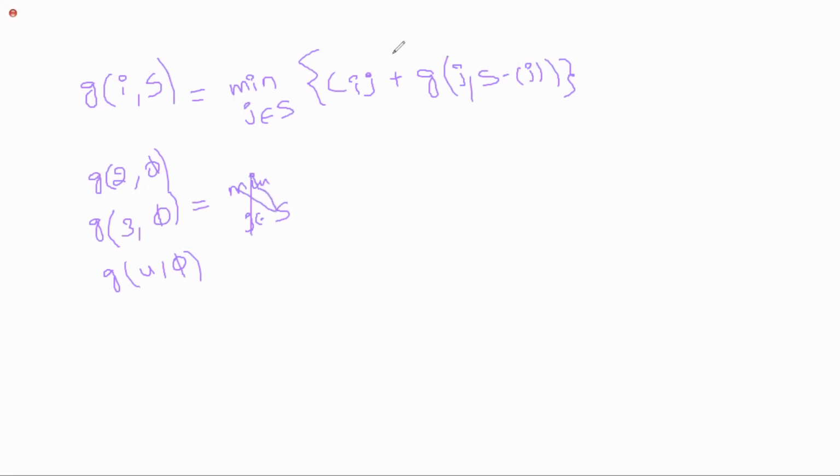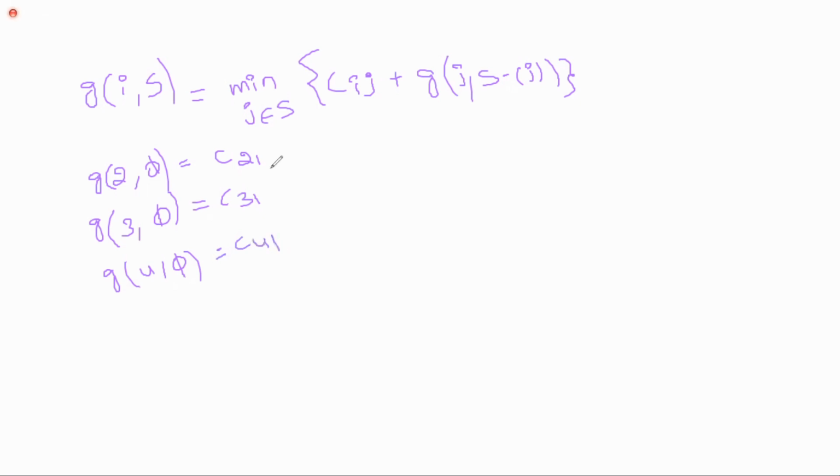So how can we calculate this? G of 2 comma empty set is nothing but simply C21. Cost from 2 means no more vertices are there to visit. We again come back to the source. Bottom up approach, no? So at last, again we'll come back to source itself. No more vertices are there to visit. That's why I am going to the first vertex itself. So I can write C21, C31, C41.